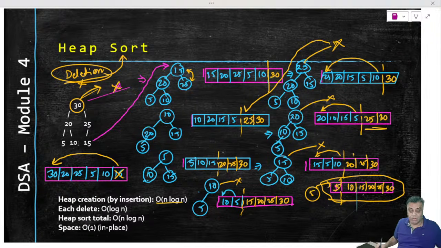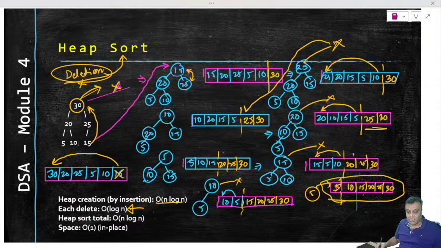Heap creation is order of n log n, which we saw earlier. Each delete will take log n. Why? Because when I am deleting this 15, it is moving up, right? The first step, remember, we move 15 up. Now, can this 15 come all the way down? Yes, it can, because if it violates the heap property, it will come all the way down, and some element will move up. So if it comes all the way down, how many levels is it traversing? It is traversing log n levels, right? Because the height of the tree is log n.